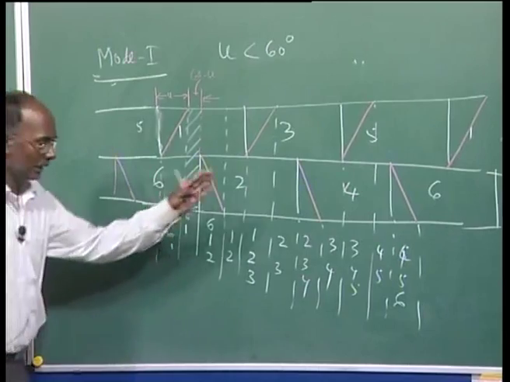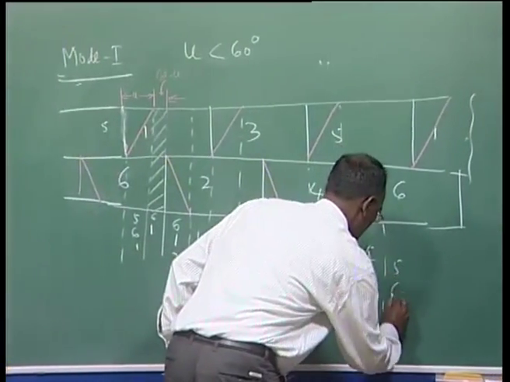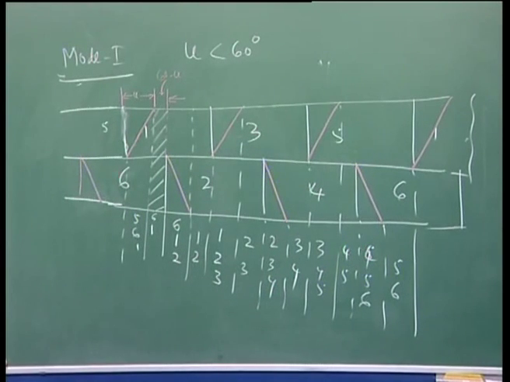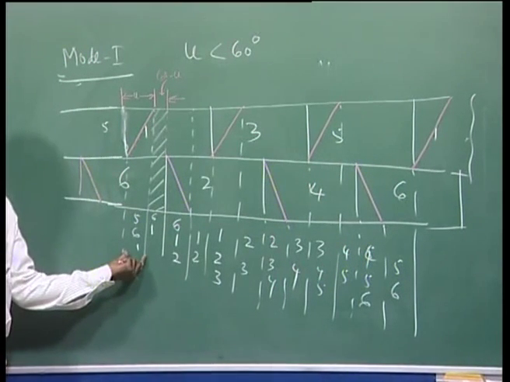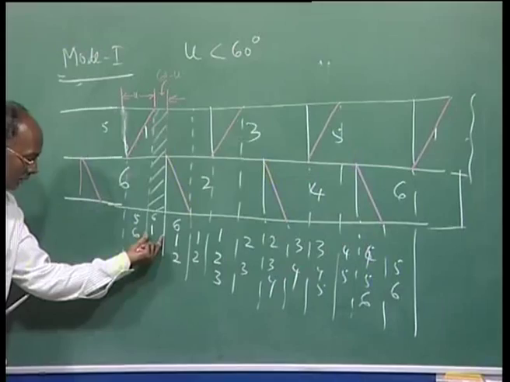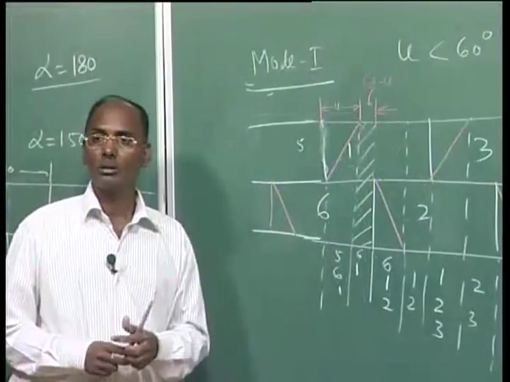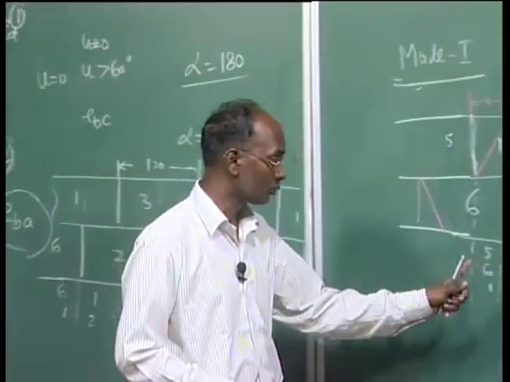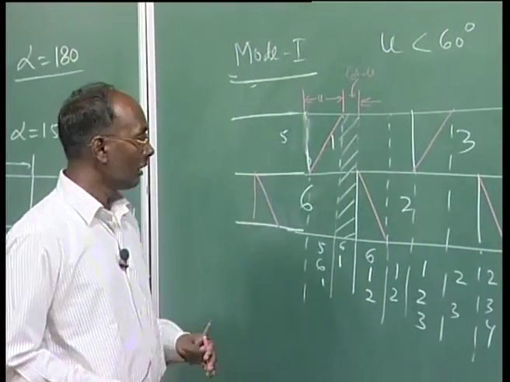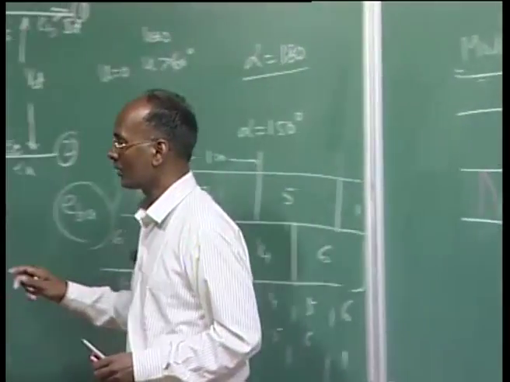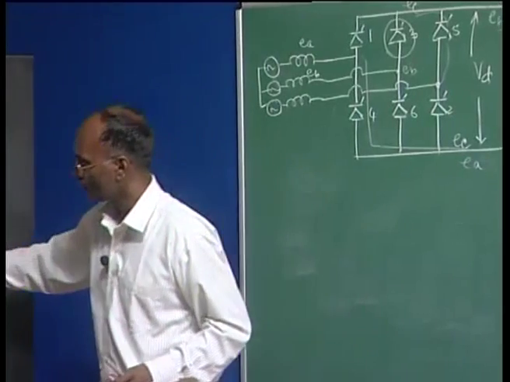So again we are getting the cyclic pattern, here 5 6 will be remaining and then we are coming here again. So this is the case of the 2-3 valve conduction, meaning that for the U period three valves are conducting, and for the remaining period, that is 60 minus U, two valves are conducting. So this is the case of mode 1, and it is known to you, it is given here.